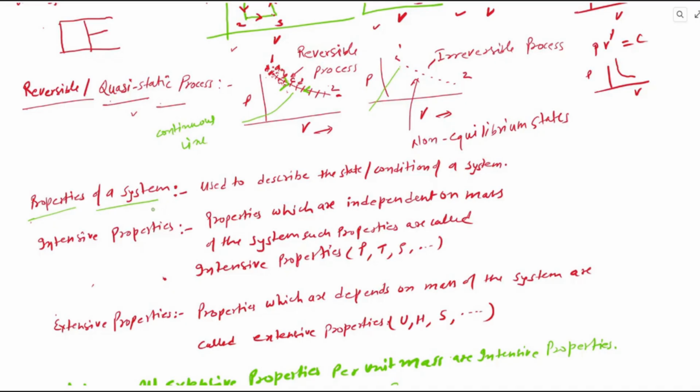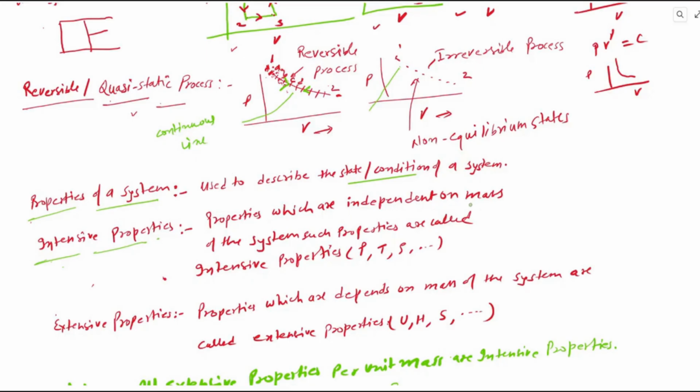What are properties, right? Properties are used to describe a state or the condition of a system, right? State or condition. Condition means how much pressure there is, what is the temperature inside this system, right? So, intensive properties: